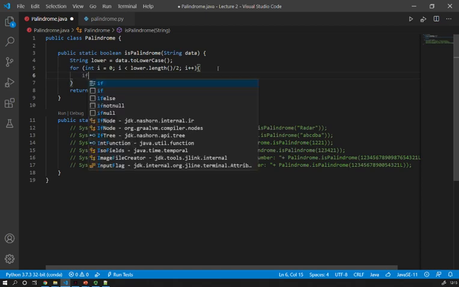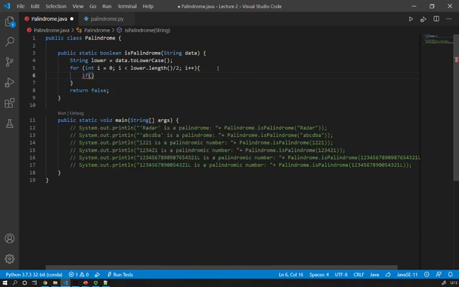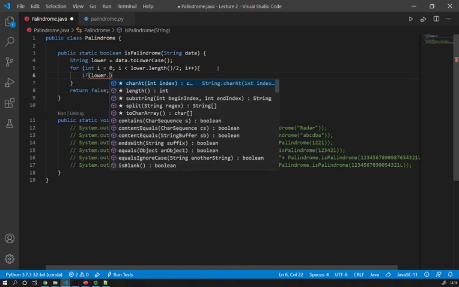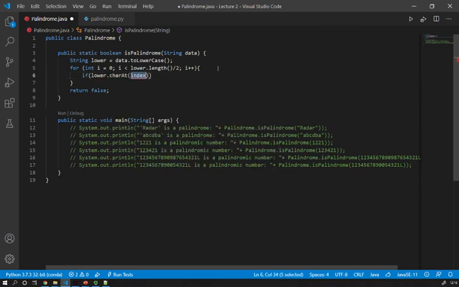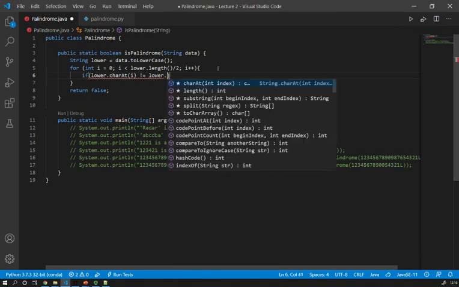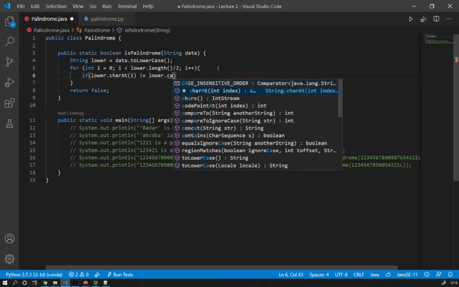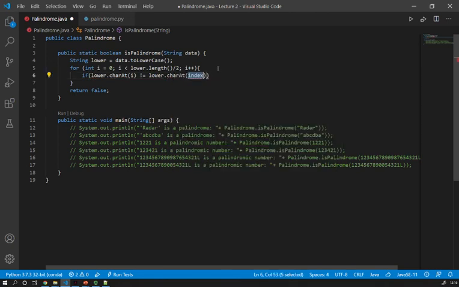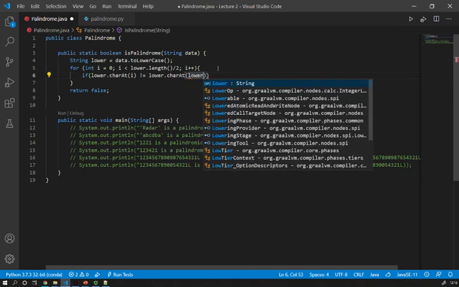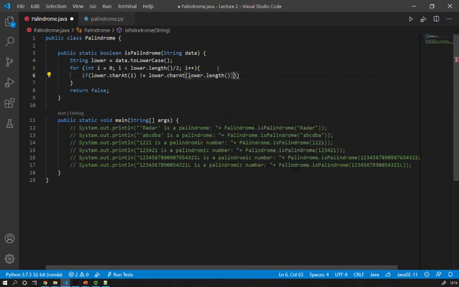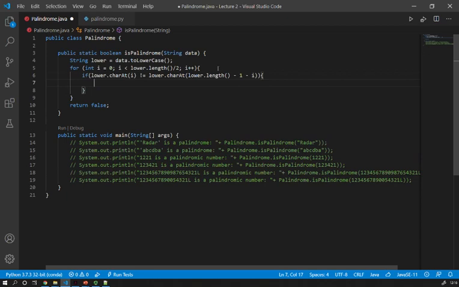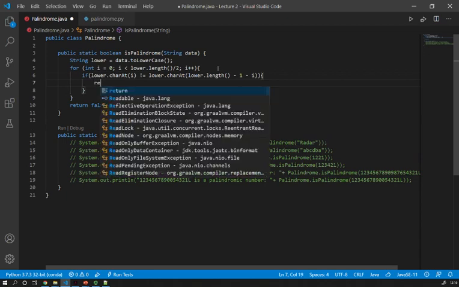So I need an if statement: if lower at a given position, here the index is i, is not equal to lower at a given position, here the position is going to be lower.length minus 1 minus i. If it's not equal to the element at that position, I know it's not a palindrome, so I can return false.